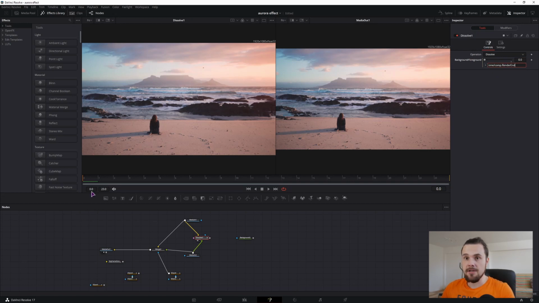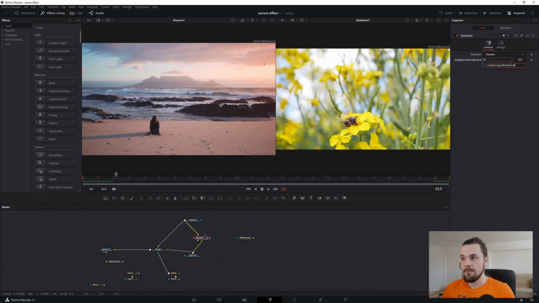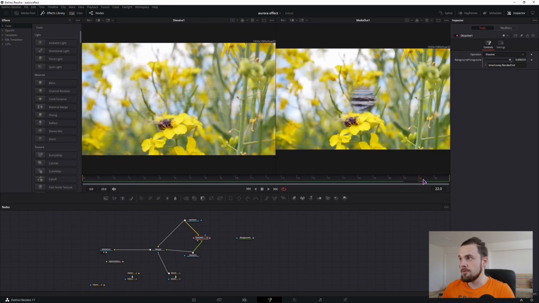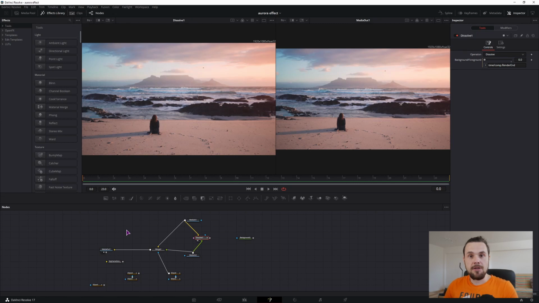So what this expression does is it takes time. Time is the current frame, and it divides it by the last frame. So on the last frame, it becomes 1. And 0 at the beginning, because 0 divided by something is 0, and decimals in between. This expression makes it so that you can switch between the background and the foreground, and it doesn't matter how long the transition is. So by default you can go from 0 to 1, with decimals in between.